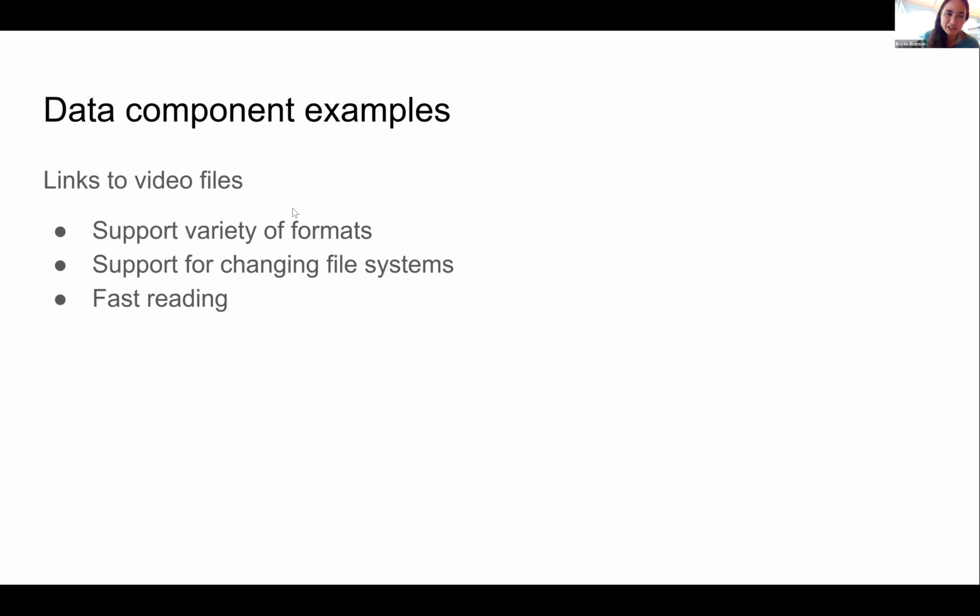It would be nice if we could have good support for a bunch of different types of video. One of the things that's pretty common is that you don't want to have your video files stored within the project that you're saving. You actually want to just have links to it. And people are always moving around their projects, for instance, to different file systems. So you want to be able to have support for changing properties of the file system. We also want to have support for being able to read these videos quite quickly, which might mean predicting which frames are going to be read in the future and buffering those.